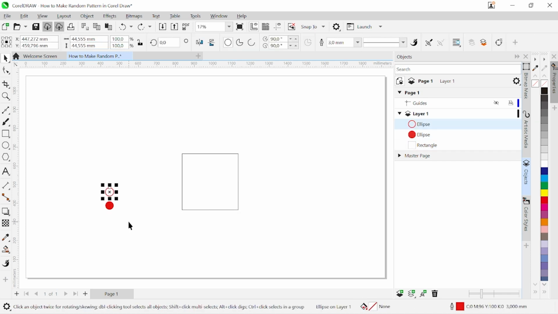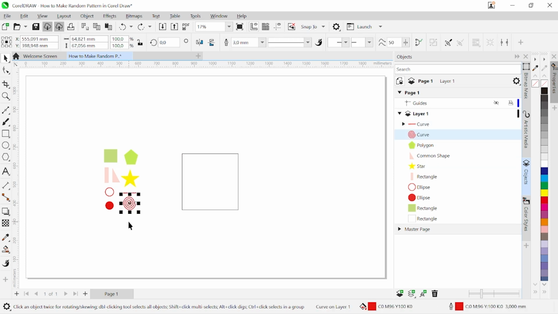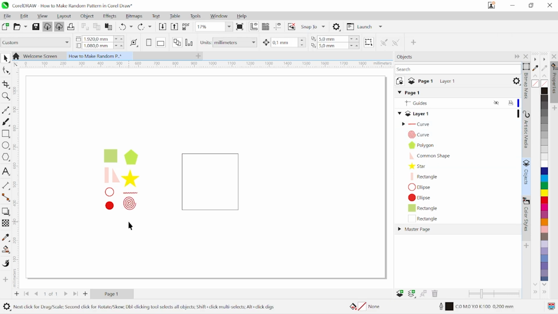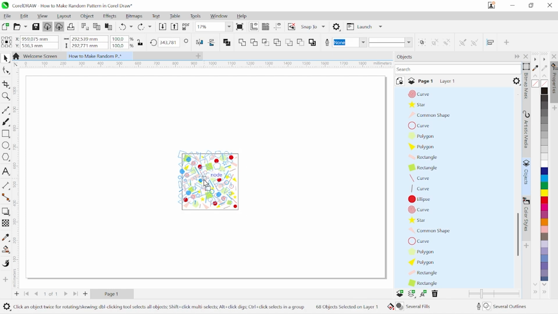Next, create pattern objects based on your needs, using simple shapes that fit your design idea. All objects can be created using the Rectangle Tool, Ellipse Tool, Polygon Tool, Star Tool, Common Shape Tool, Spiral Tool, and Freehand Tool to add variety. Arrange these objects randomly inside the rectangle, duplicate them if needed, and apply colors as required to create visual interest. Once finished, select all objects except the rectangle and move them slightly toward the top left corner to prepare for